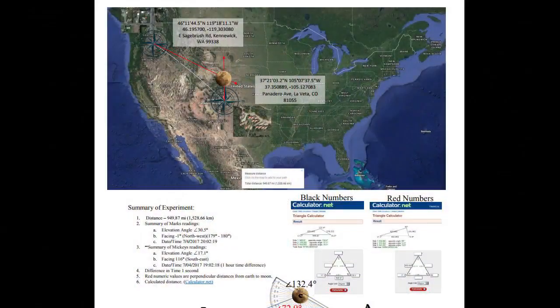On the count of three, we'll both take a picture of the moon in the center of the crosshairs of the theodolite. Okay, ready? 1, 2, 3, click. They both clicked, got a picture of the moon, and the theodolite software gave them a whole bunch of data on angles and stuff like that.